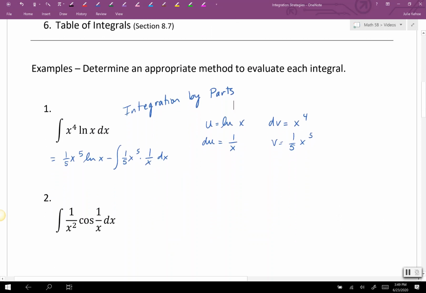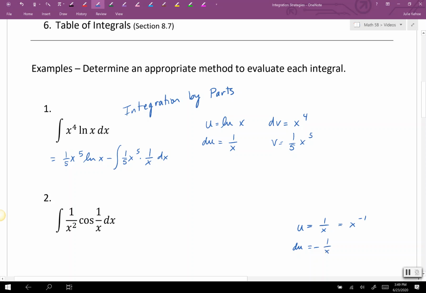This next one, well, I see a product here, so I might want to jump straight into trying integration by parts again, but I really like to make sure I've eliminated u substitution as an option first, especially with that trig function in there. So let's say I thought maybe this is a u substitution. Then I would make u the function inside of the cosine. That would be 1 over x, or x to the negative first, if that's easier for you to deal with. And then du would be